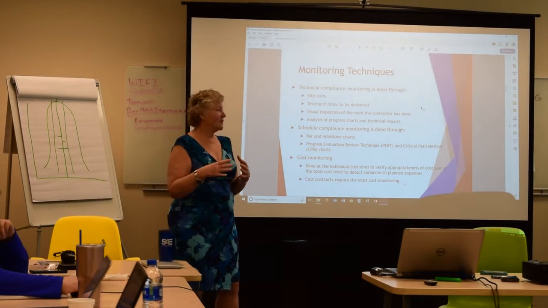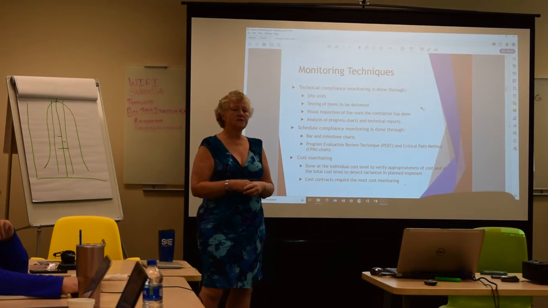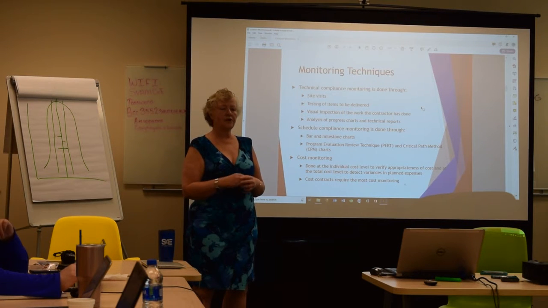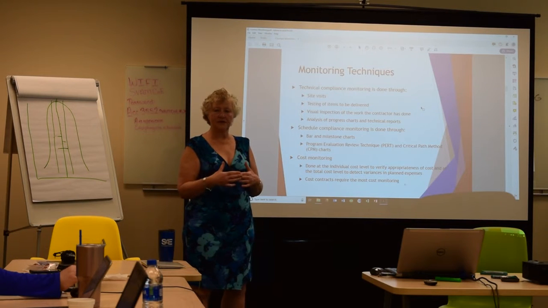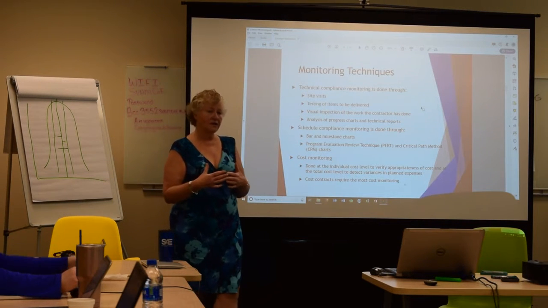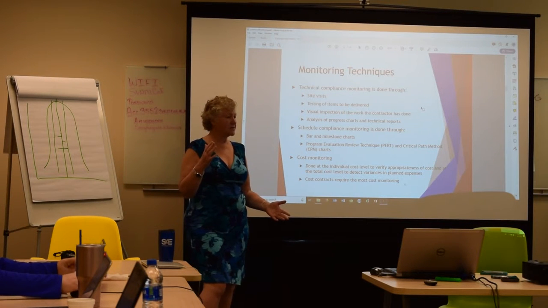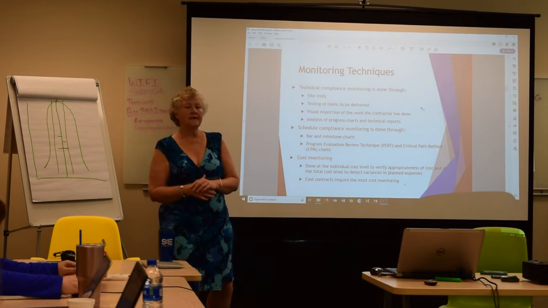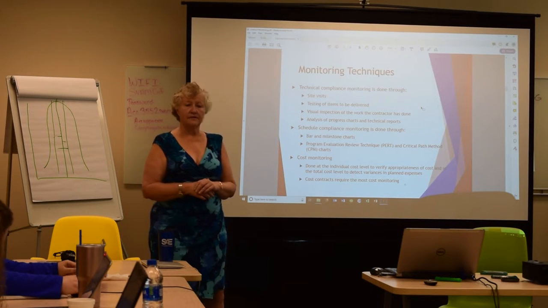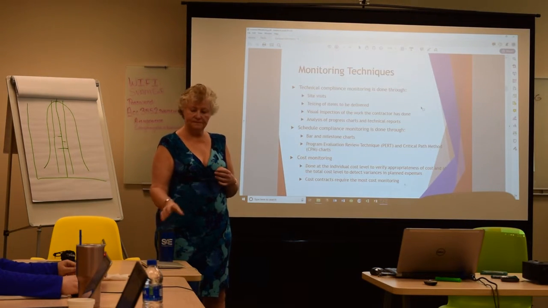So they came up with this set of formulas to determine whether or not your project is producing the requisite amount of value at any point in time. So what do I mean by that? Let's say, for example, you have a year-long contract, and the contract started October 1st, because that's the government fiscal year, and it's now December 31st. How much of the work should you have gotten done by that point?